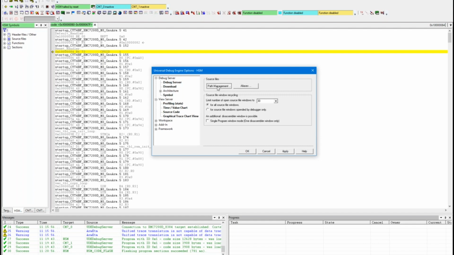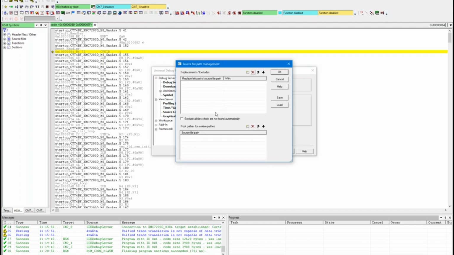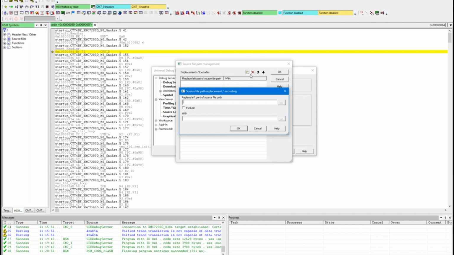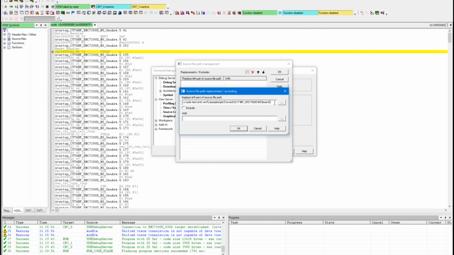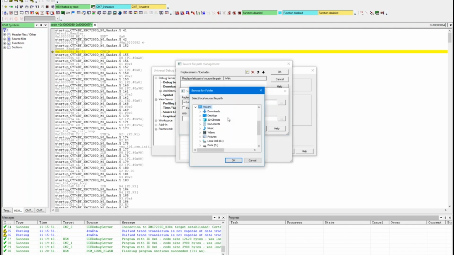And this can be done with the path management button. We have here two options. I use the first one. I'd like to define so-called replacement rules for the paths in the ELF file. I can add the rules using this button here, and then I get two input lines. The first one is the input line for the files that are present in the ELF file. I select this one. I keep it short and do it a little more generic, and then I need to